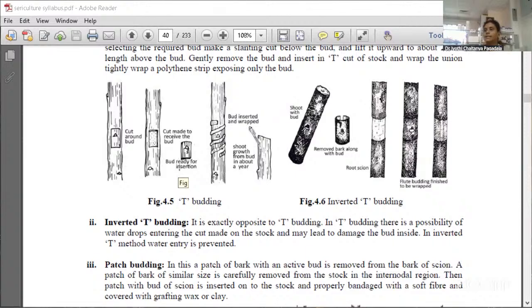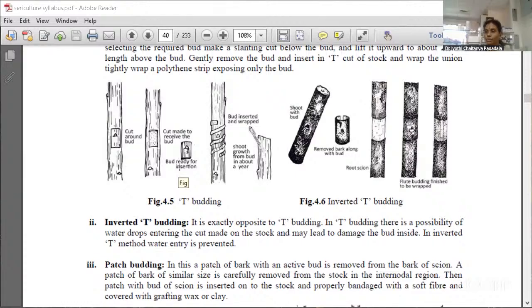It looks like the shape of the letter T, which is used for mulberry. A cut is given on the stalk 1.2 centimeters in diameter at the internodal region with the 25 centimeters height from the ground level. A vertical cut is given